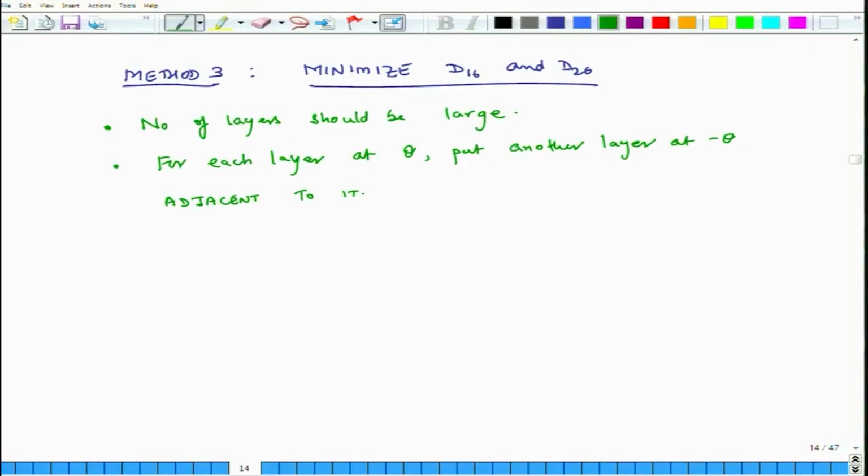Okay. So, these are the two guidelines, and if we do that in a smart way, then this helps reduce D16